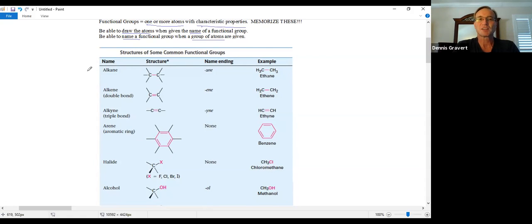But here we go. First three functional groups are alkane, alkene, and alkyne. And what's helpful, since we have to memorize this, is to follow a pattern, right? So we have an A in alkane, an E in alkene, and a Y in alkyne. Hey, that's alphabetical order when we go from single to double to triple bonds. So that's a nice pattern. Okay, arene,